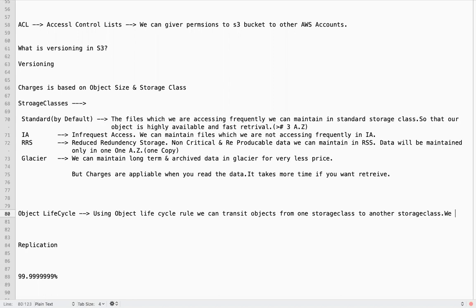We can also define expiration of objects.